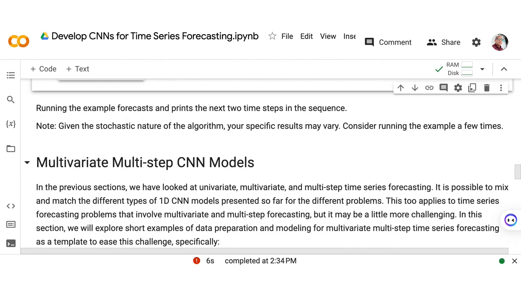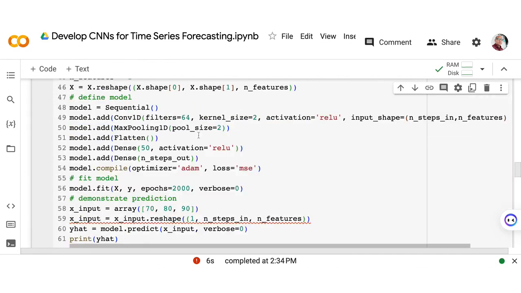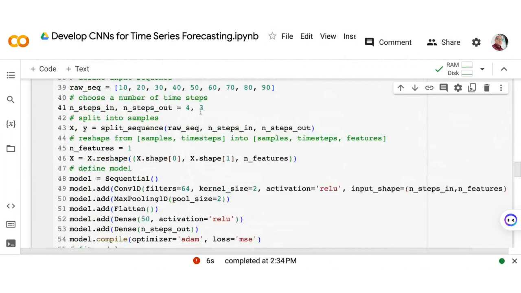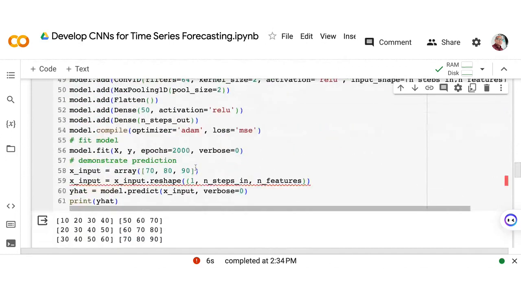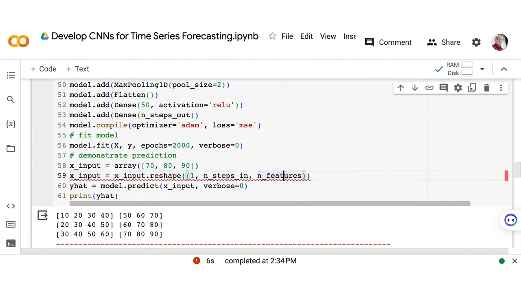There's an error, no, because now there is a value error here that we have seen, because the input shape is expecting an array shape of size 3, as a size of 1 by 4 by 1, no? But the number of features that we provide should be 1 by 4 by 1, no? 1 by 4 by 1.